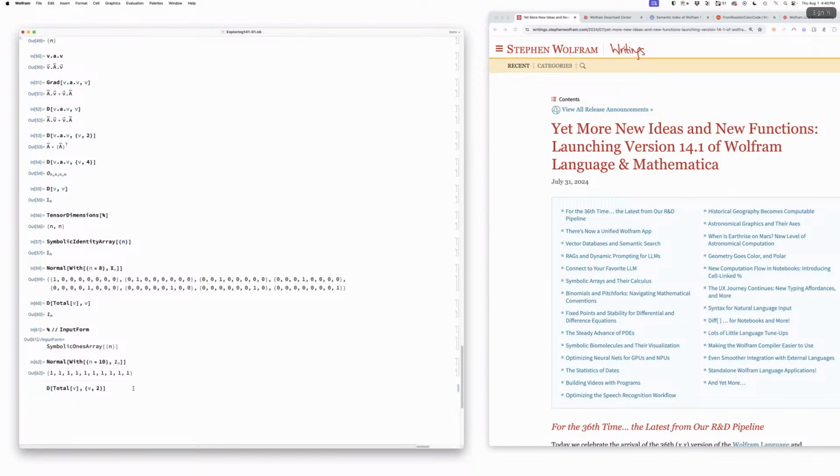Okay, so if we now take the second derivative of total, that's yet another funky kind of thing. That object is a symbolic zeros array, which is the same kind of thing as a ones array, but now it's just full of zeros. And now we could actually work that out. We could say, again,